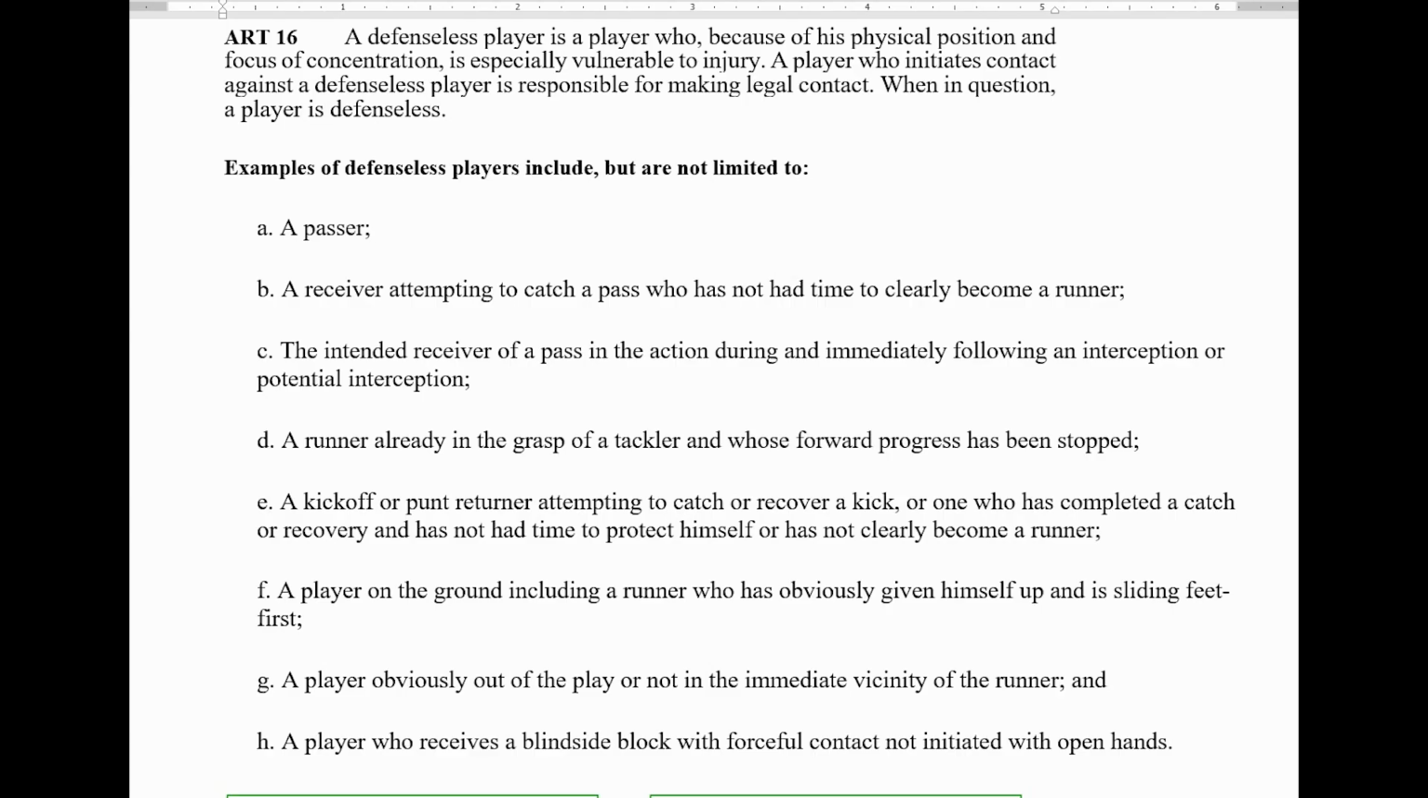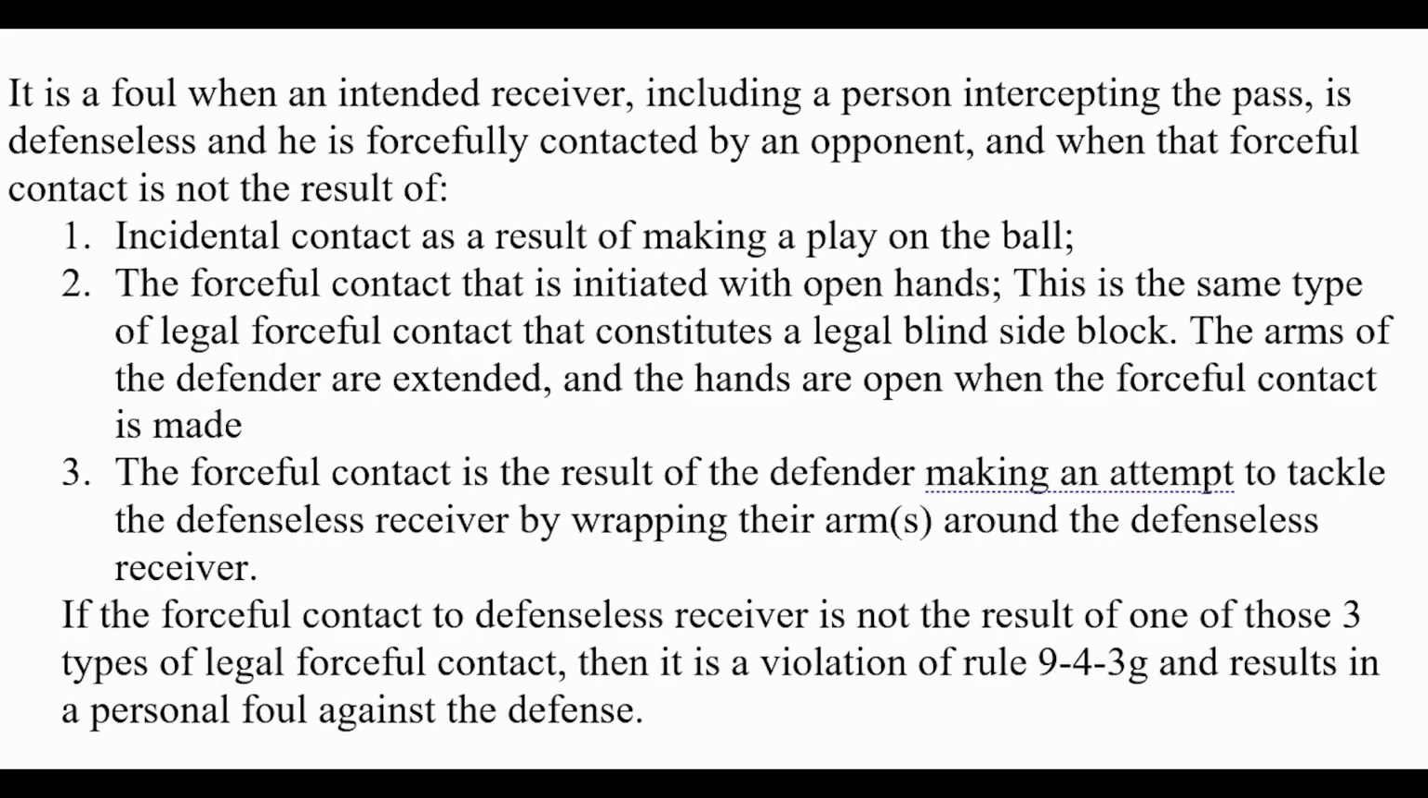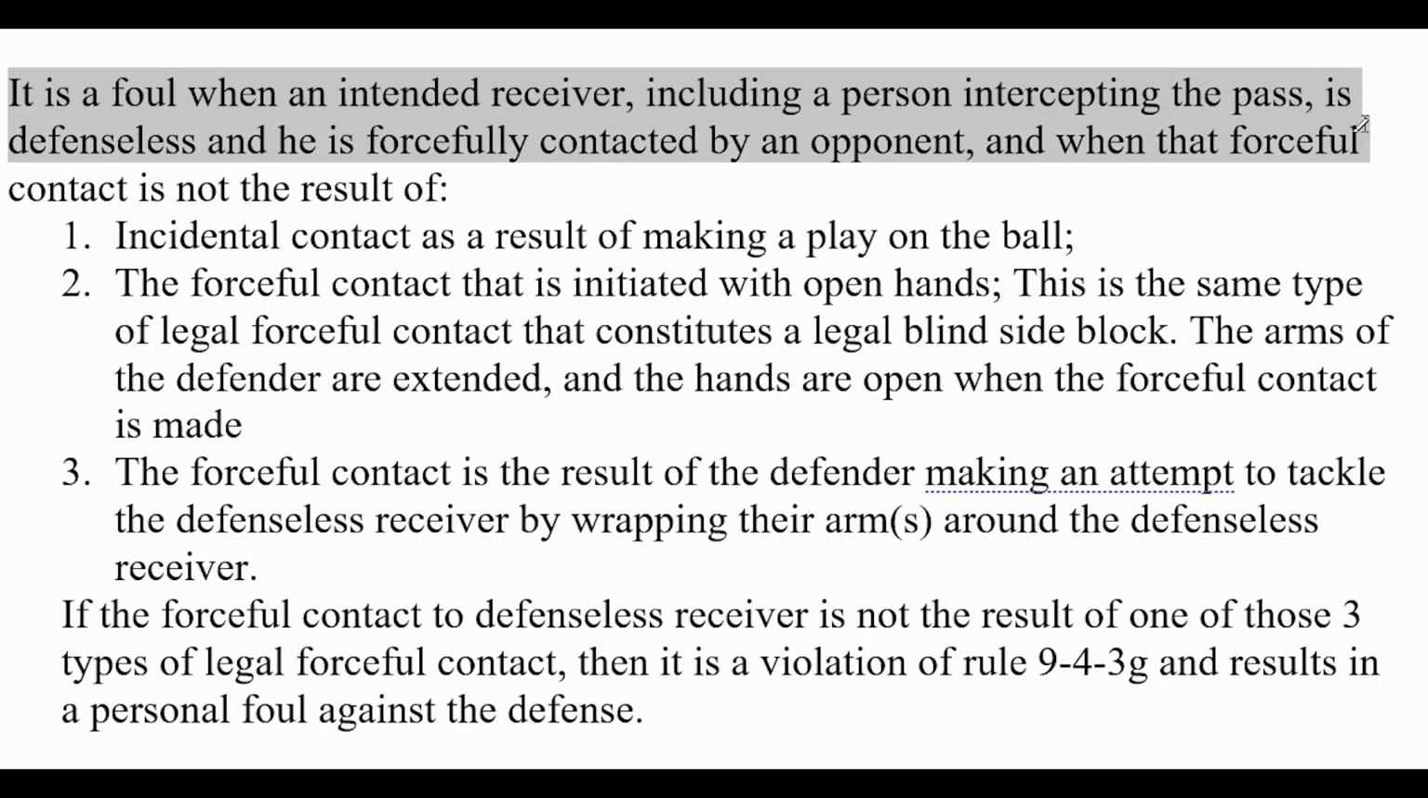A defenseless receiver is defined by rule as a receiver attempting to catch a pass who has not had time to clearly become a runner. This new rule adds a definition of legal contact to a defenseless receiver. The new rule states that it is a foul when an intended receiver, including a person intercepting the pass, is defenseless and he is forcefully contacted by an opponent, and when that forceful contact is not the result of: